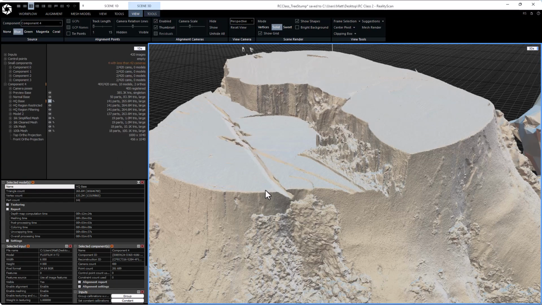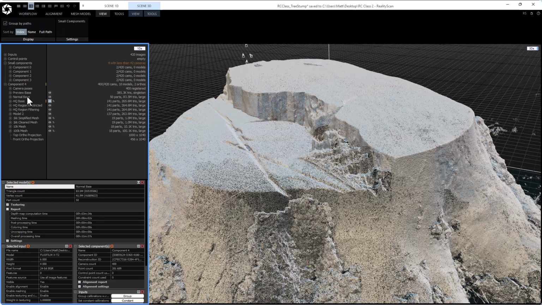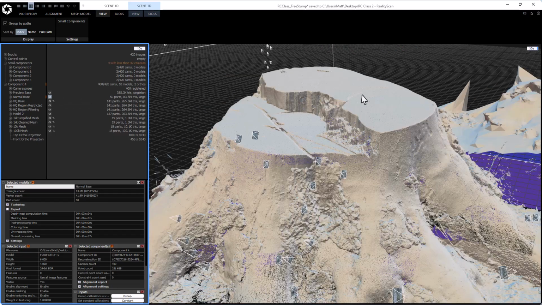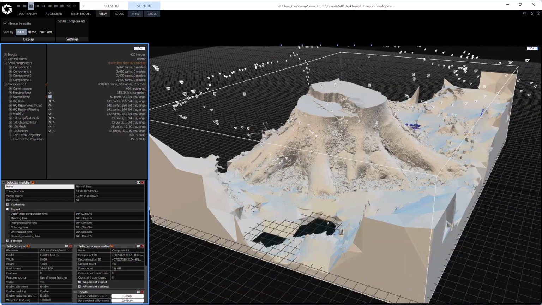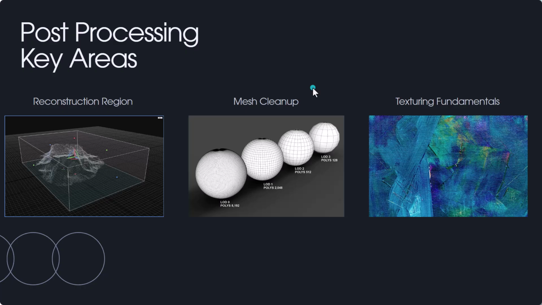So what I'm going to do is flip back to normal base here, if it will allow me to. And while that's going, I'm going to flip back to my slide here, and I want to quickly start talking about